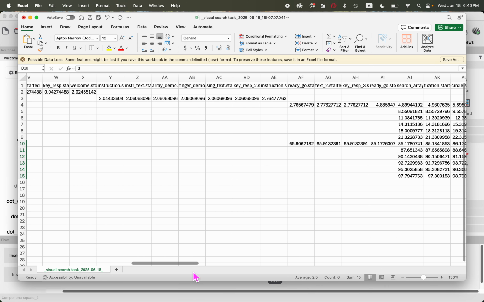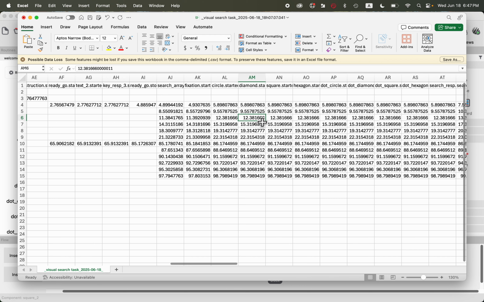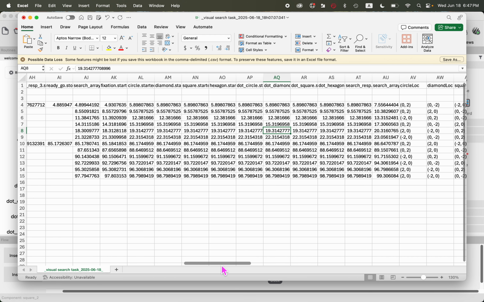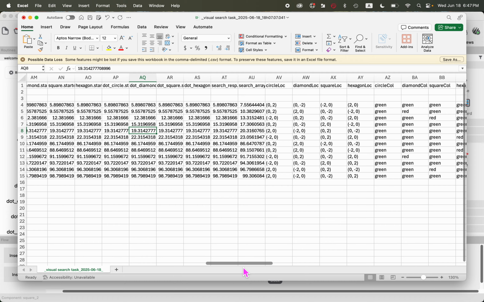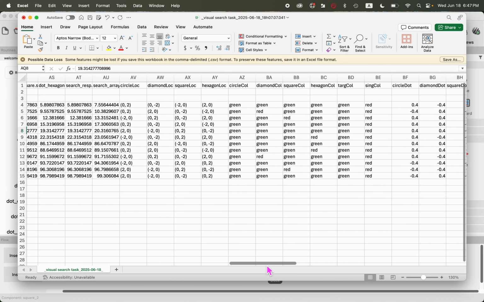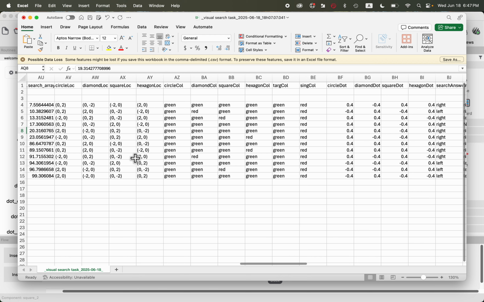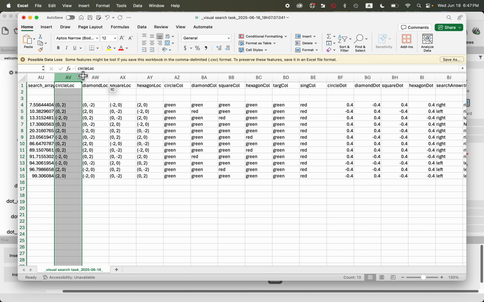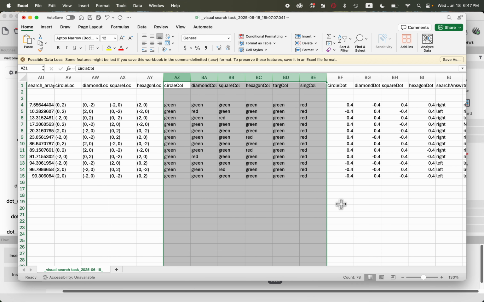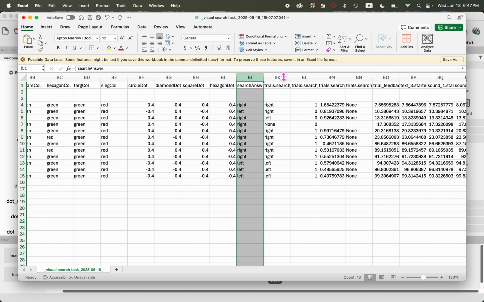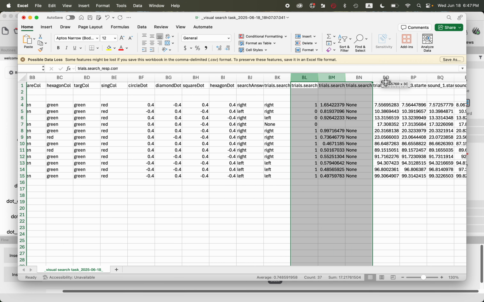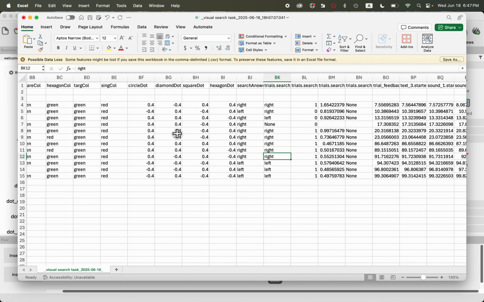There are also some other information saved, like the onset and offset time of different events. They might be useful for you to check the temporal position of your display, but I seldom use that. I usually just use the information we introduced before. And here is some additional information that we manually saved in the code, like the location of different shapes and the color of different shapes, and also the location of the dot on different shapes, and the search answer, and additional information, timing of the events. So this is the data file,